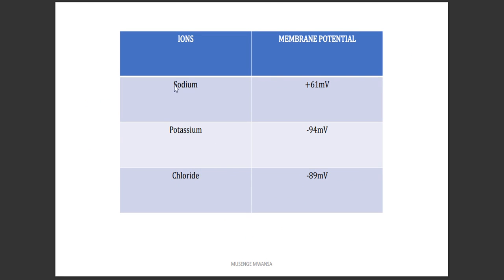Because potassium, sodium, and chloride ions are the most common ions that pass across the cell membrane, or they are the most abundant ions in the cell membrane, we need to know their membrane potentials. For sodium, it's about 61 millivolts. Potassium is about negative 94 millivolts, and then chloride is about negative 89 millivolts. So these are the membrane potentials of